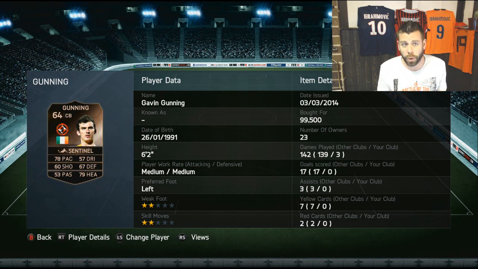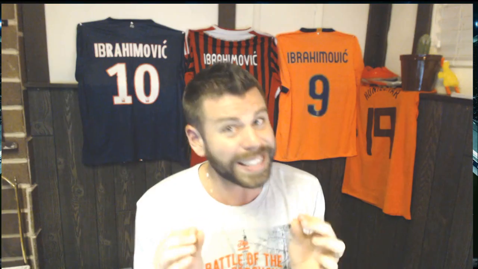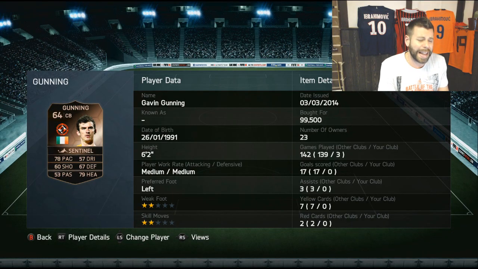And it's not just because I'm a pace whore, guys, and yes, you do need pace at the center back, especially in Ultimate Team where everyone lobs and abuses pace. It's needed, but he plays higher than his stats. 57 dribbling, 53 passing, yeah, right. 67 defending, yeah, right. He's worth the money if you're trying to build kind of an original team or an